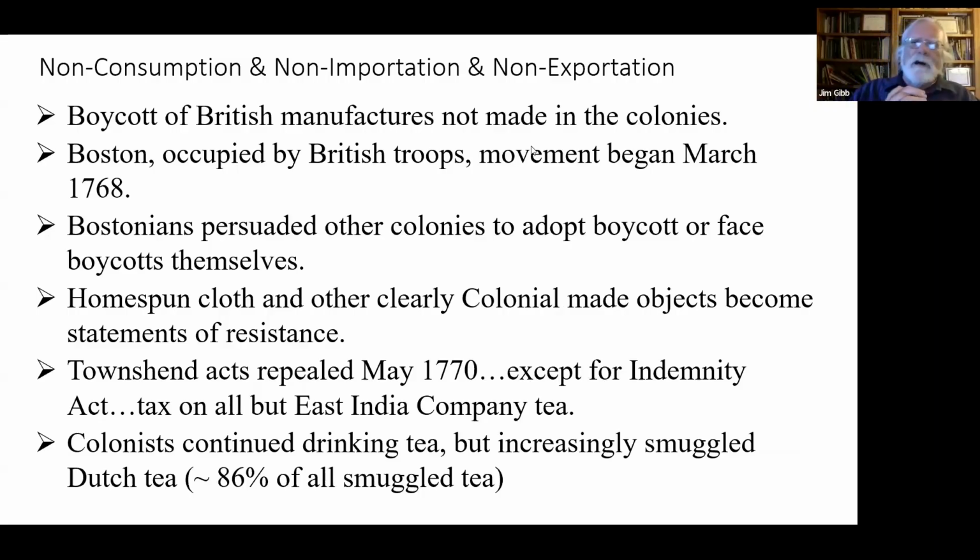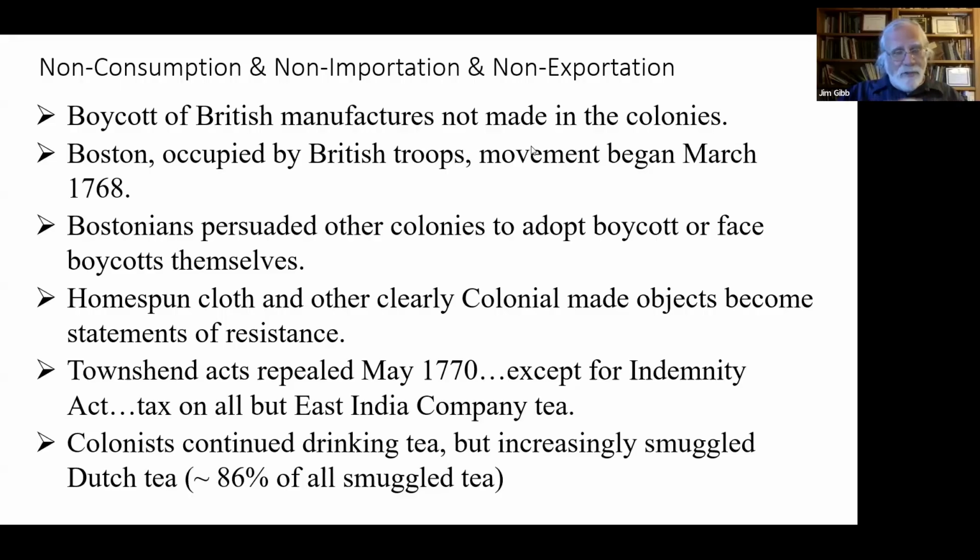Like the Stamp Act, the colonies responded in their usual way, which was to resolve not to consume or import British goods and not to export goods to Great Britain. So it started in Boston, where British troops moved in, and the folks of Boston said, we should boycott all British goods, and all of you other colonies should do the same. And they did. And as a result, the Townshend Acts were repealed in May of 1770, except for the one